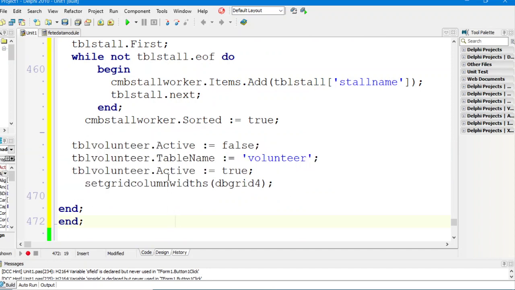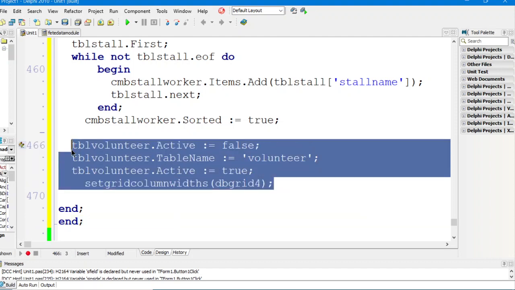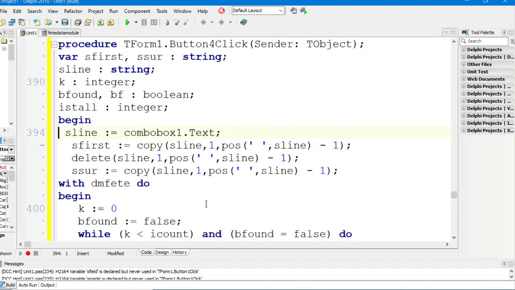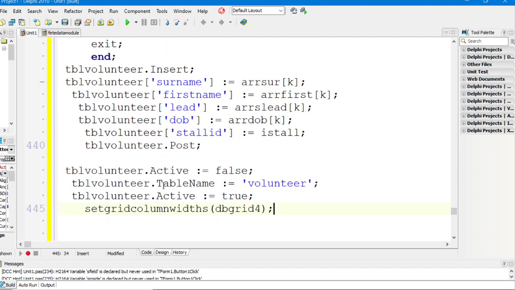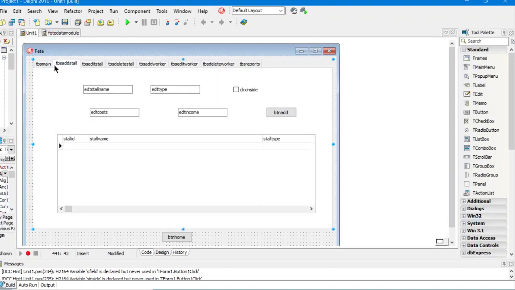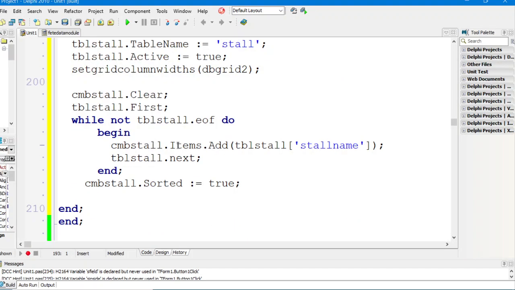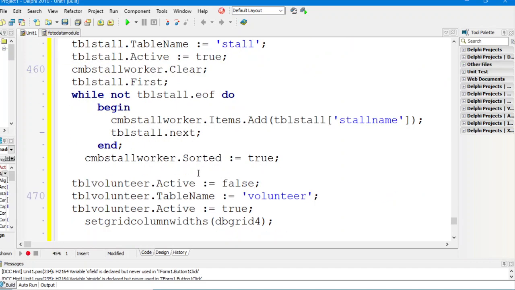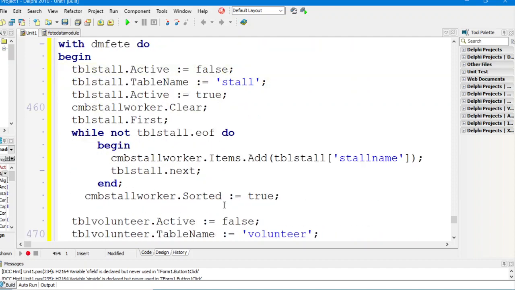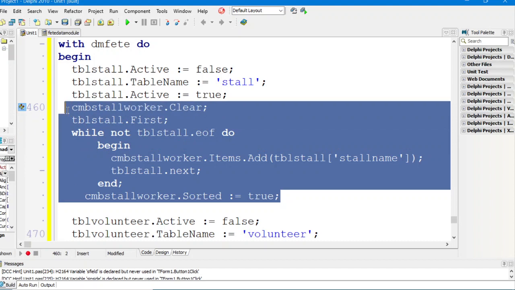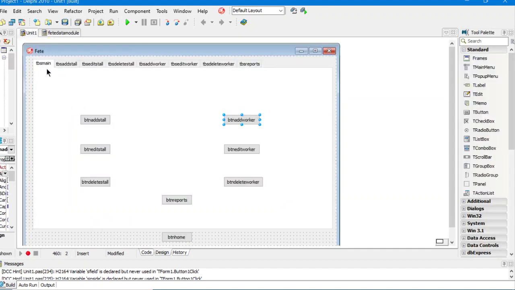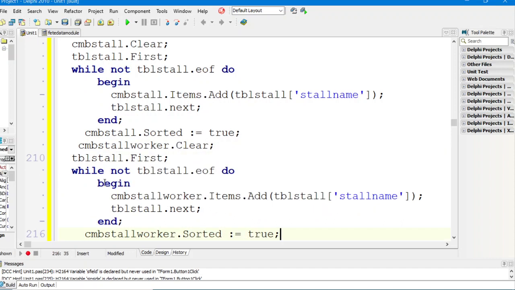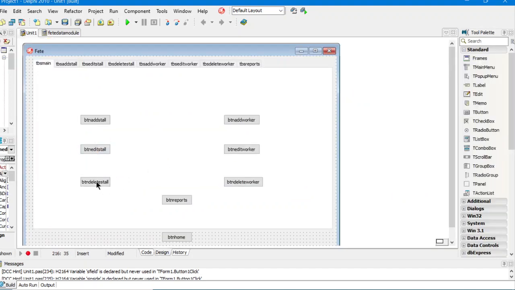And of course we're also going to, no, we're not going to refresh the stalls because we haven't changed them. Control C. And you might remember that, so it's over here. There it is. That over here in this button to edit a stall, you see we did that there. We need to refresh all the stalls. Like for instance, if you have another combo box where you're going to display the stall names, then you need to refresh those as well. So I'm going to copy and paste that code into this edit stall section. And maybe into delete a stall too,